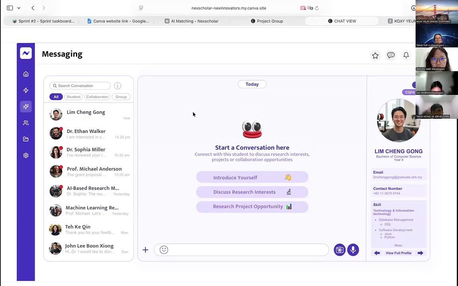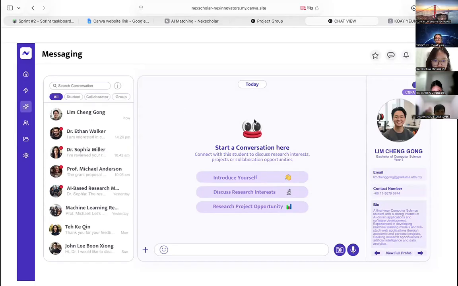So on the left-hand side is the conversation list, like just now, and the middle part is the chat box, and the right-hand side is the summary card. It will display the details of the student, like the email, contact number, skills, research interest, and the bio, like the summary card in the previous design.